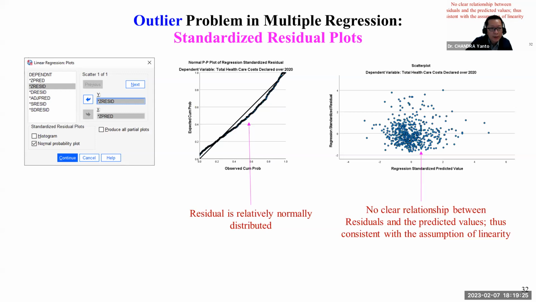So when you check outliers, when you do the regression in the plots, there's one button for plots, you can enter the Z-score of the predictors and the residuals. So for example here, the Z-score for the predictor, enter as X. X is always a predictor, and Z-score for the residual. Residual is the outcome that you want to know. So X on Y, and you tick for normal probability plot, check it, and it will give you the graph